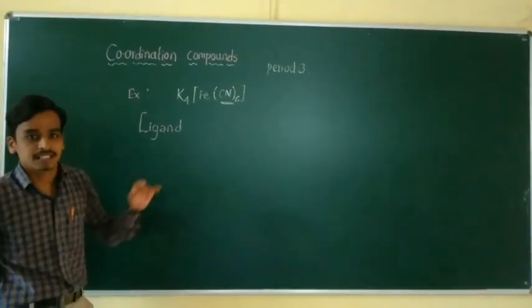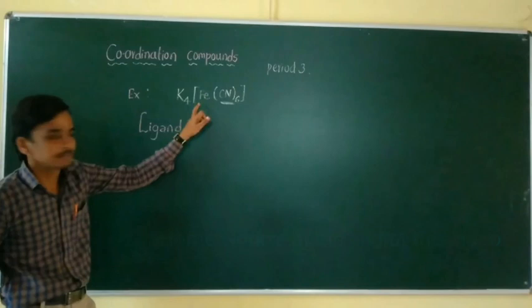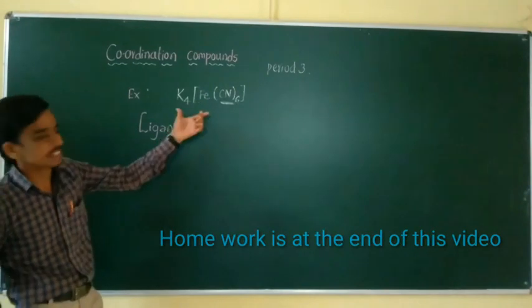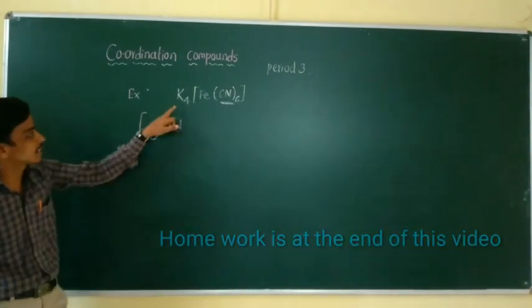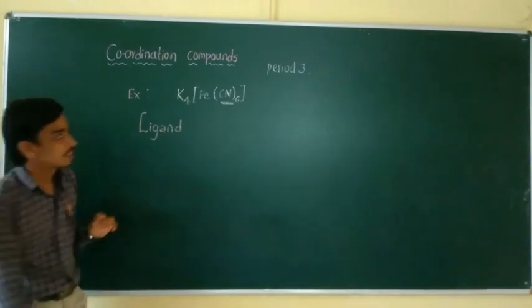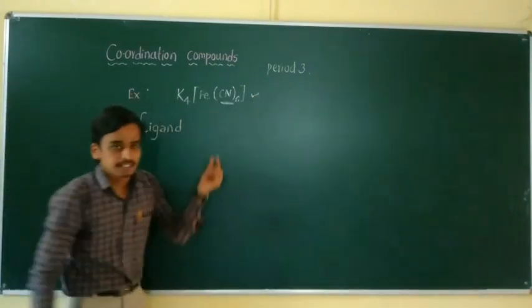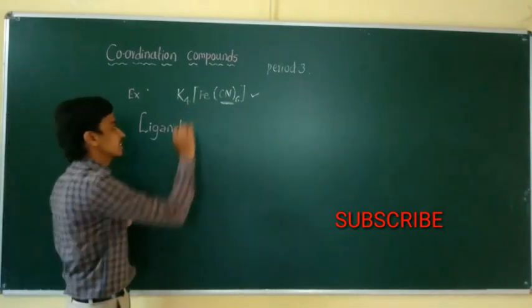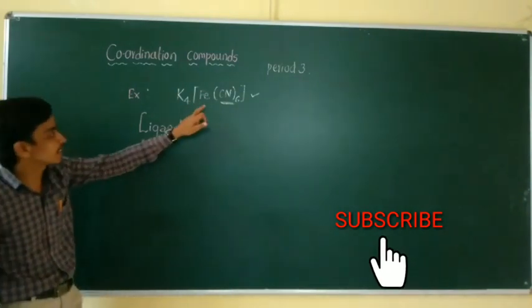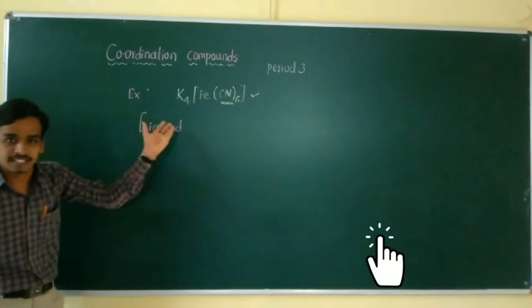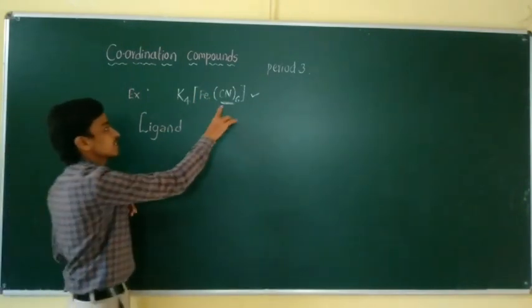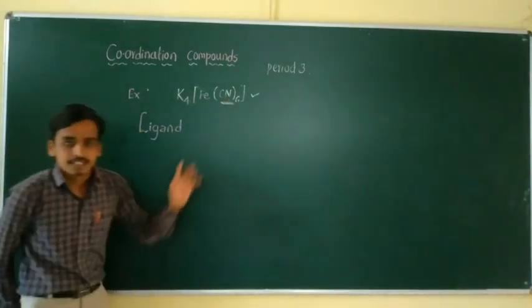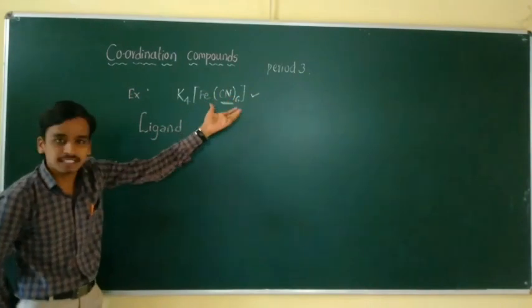In the previous classes, we have already discussed the central metal atom. The example we already took is K4[Fe(CN)6]. In this complex salt, iron is one of the d block metals. It acts as the central metal atom, and how it is the central metal atom was studied in the previous classes. But in this class, we will study the (CN)6 part. It is nothing but the ligands.